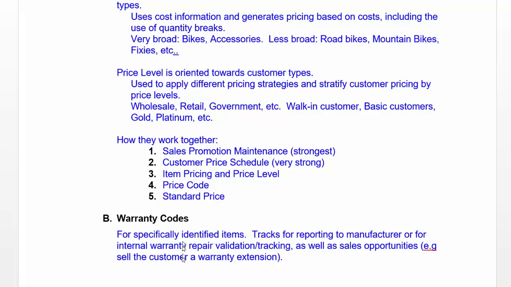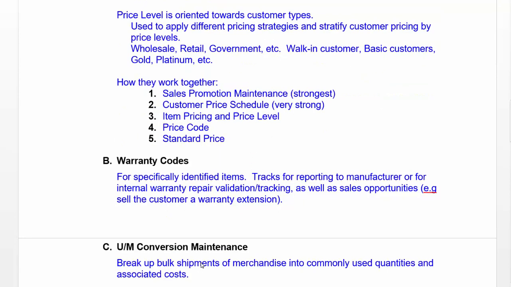Do you want to have a warranty extension on that because your current warranty only goes for X period of time? Then you would attach it to that serial number. Unit of measure conversion maintenance allows us to break up things like bulk shipments of merchandise into quantities